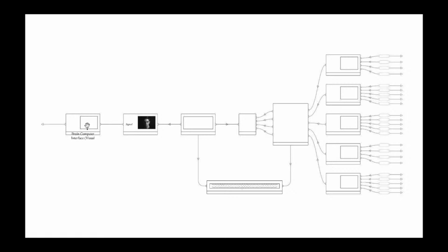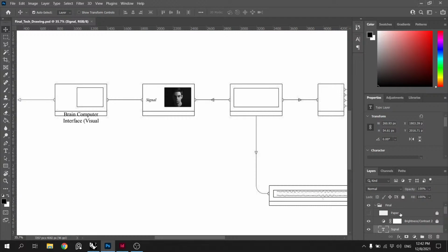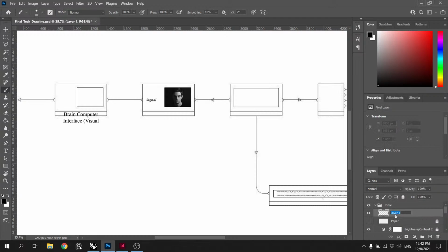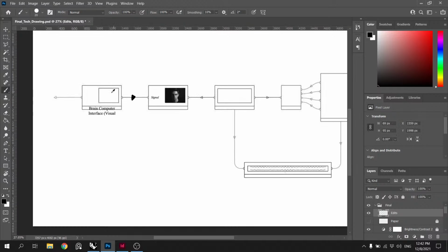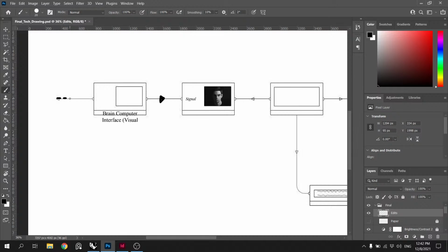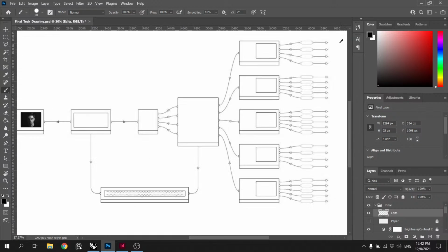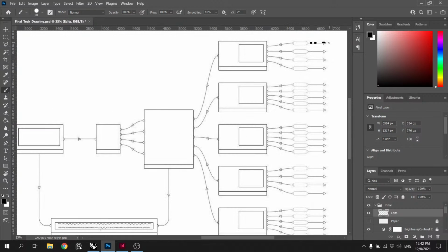So that's the signals. There'll be an arrow coming here. So let me just make a layer, which is just little edits. It's gonna be a black line. Make it a little bit bigger. So we got this arrow needed. This is just gonna be a dotted line, as are all these.